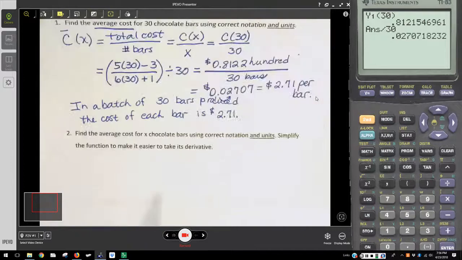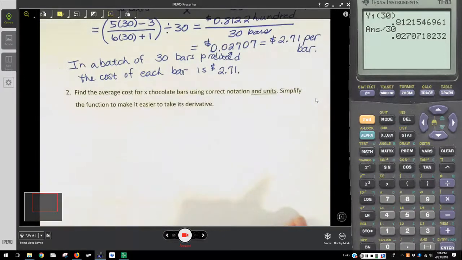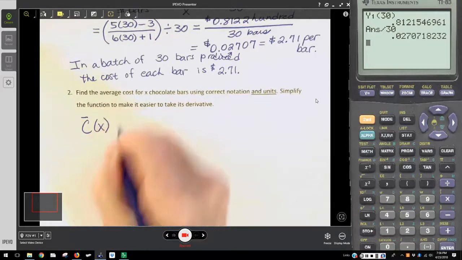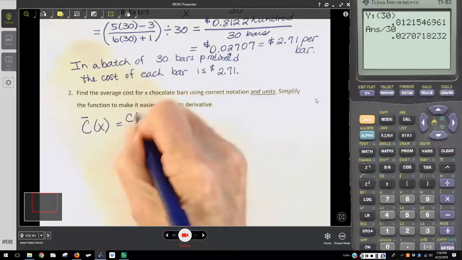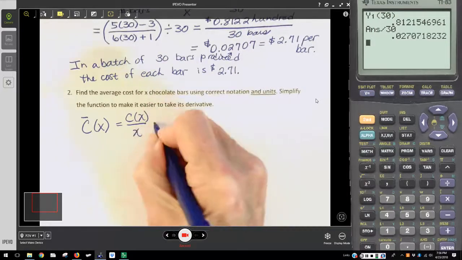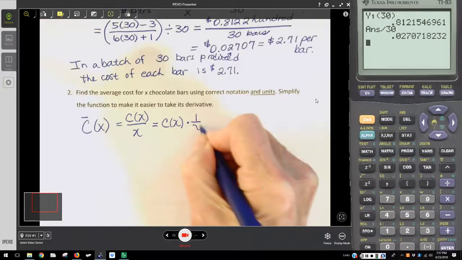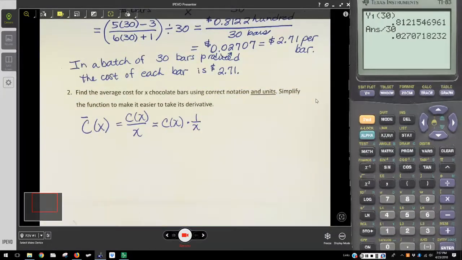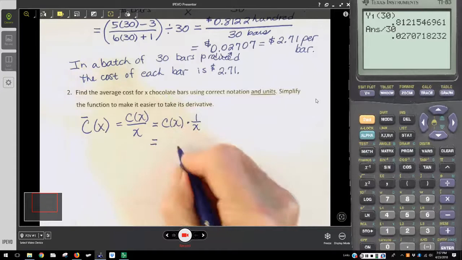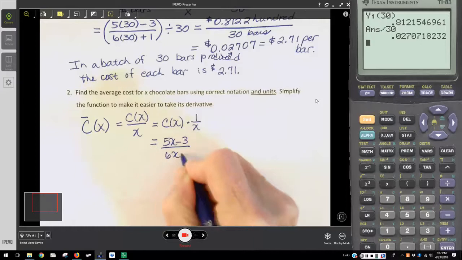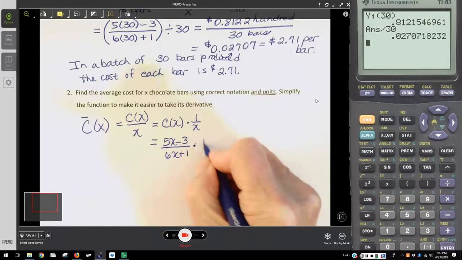So in the next question, question number 2, it says find the average cost for x chocolate bars using correct notation and units. Okay, we're going to use the same idea that the average cost, C bar of x, is equal to C of x divided by x, which is the same thing as C of x times 1 over x, which makes the algebraic part of this function easier to evaluate. So C of x is 5x minus 3 over 6x plus 1, and we're going to multiply that by 1 over x,